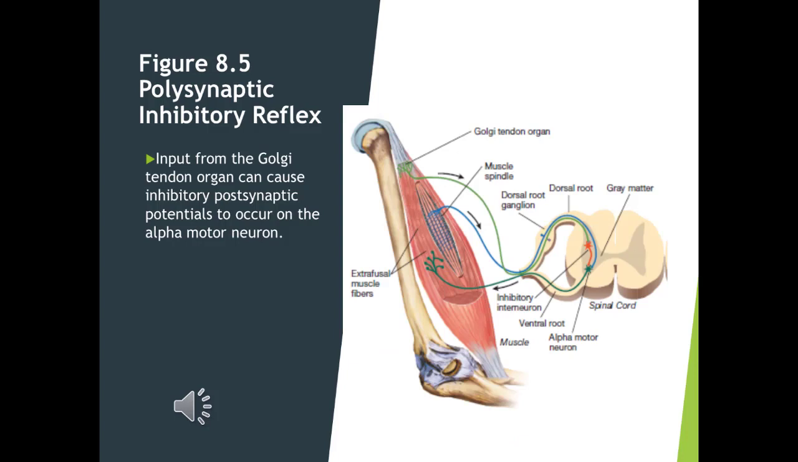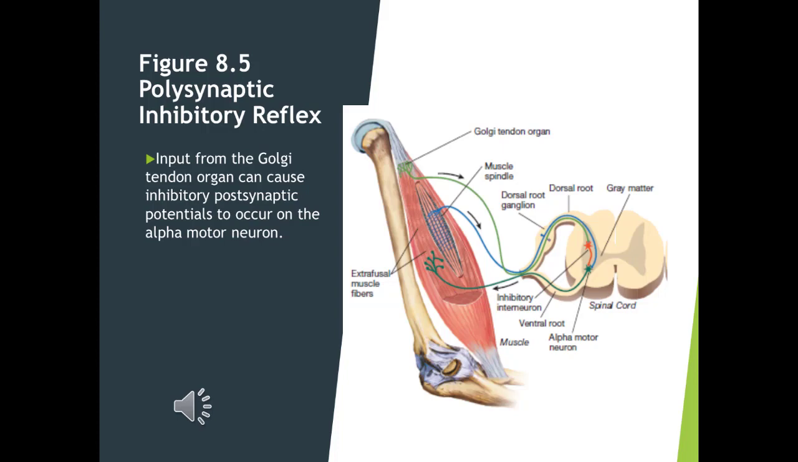So now we're on to the polysynaptic inhibitory reflex. Immediately, what you should be able to tell here is that besides the usual sensory neuron, we have a variety of connections, including an alpha motor neuron and an inhibitory interneuron, right? So there are more players in this scenario. However, similar to the monosynaptic stretch reflex,